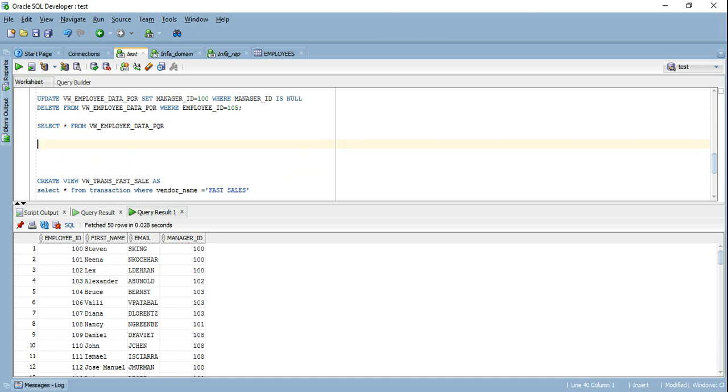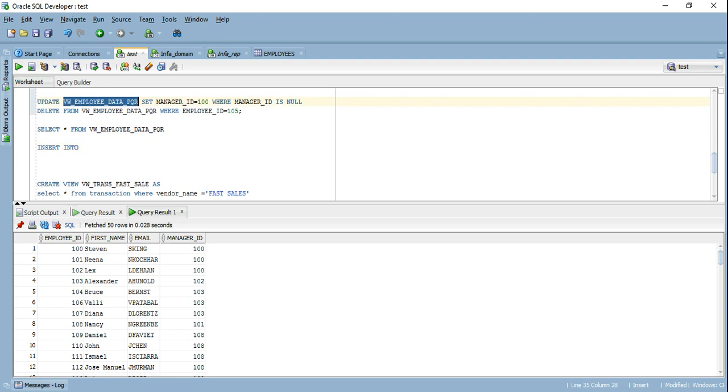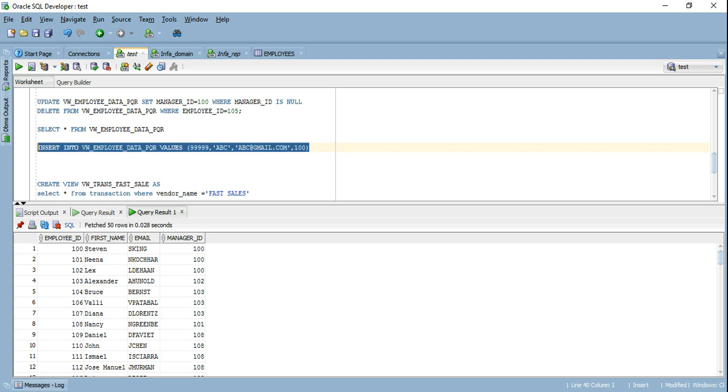Now let's do one thing. Let's try to insert a row into our view. So let's see if it's going to insert this or not.